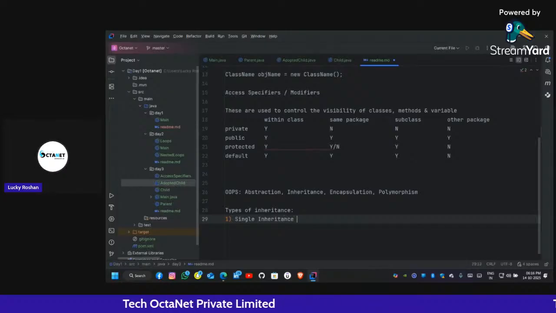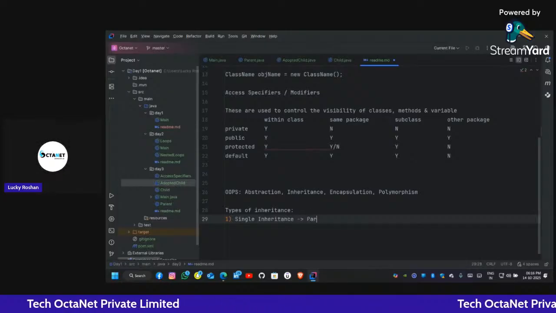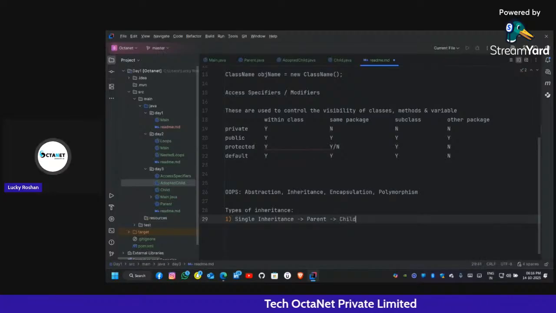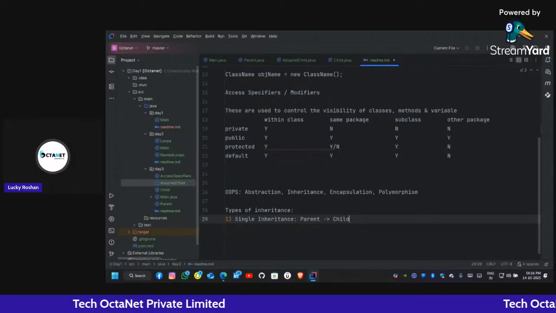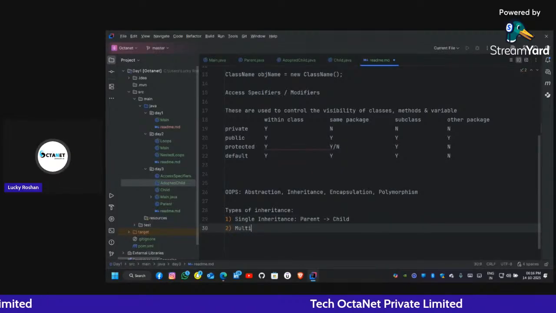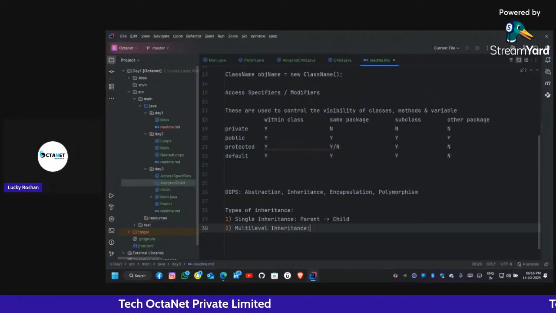Okay. Example: parent to child. Okay. This is a single inheritance. Let's not write like just write like this. Then comes multi-level inheritance. What does it mean?